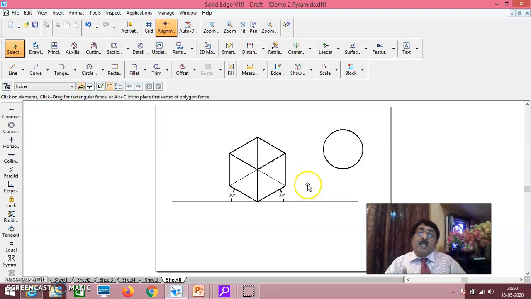That will be isometric. I am repeating again. When this sphere rests centrally over this, the common axis from the sphere to the cube is parallel to one of these edges. As a result, this will be isometric.